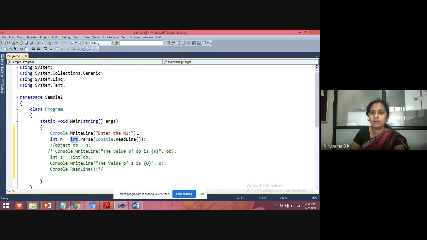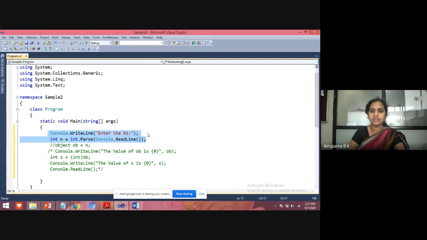Here I am just calculating for integer values. Any doubts, students? That's why we write int n = int.Parse(Console.ReadLine()). Whatever value we read from the line will be parsed and stored in the variable n.